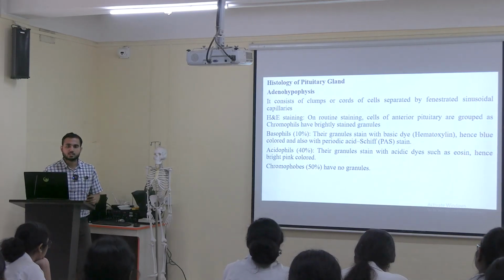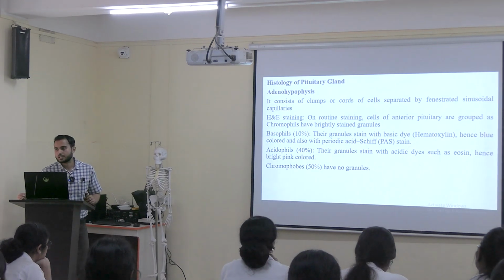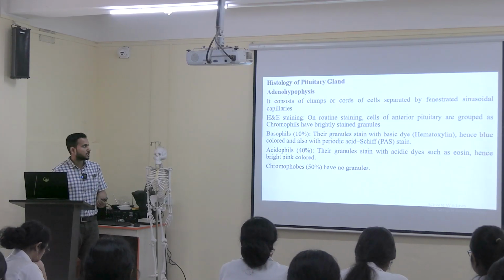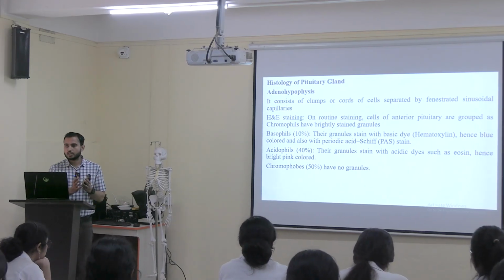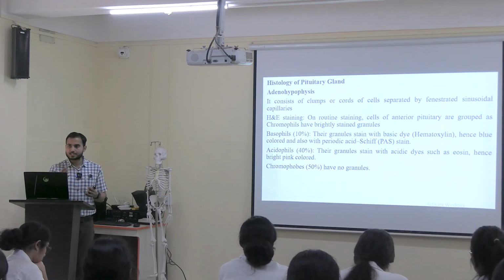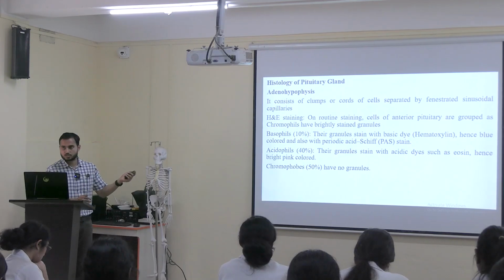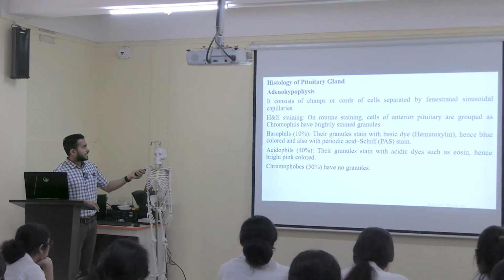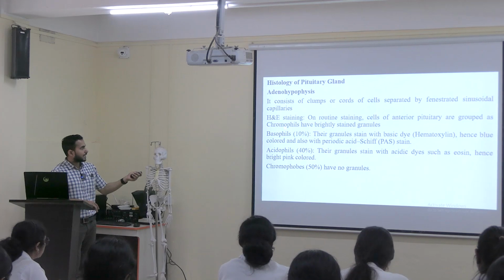In most cases, you have noticed that in endocrine glands, mostly sinusoidal capillaries are present. That is common. So first of all, cords of cells will be there, and those cords of cells are separated from each other by sinusoidal capillaries, fenestrated sinusoidal capillaries. What are fenestrated sinusoidal capillaries? We have already discussed that. Now under H&E staining, we will see that the anterior pituitary is grouped into two different types